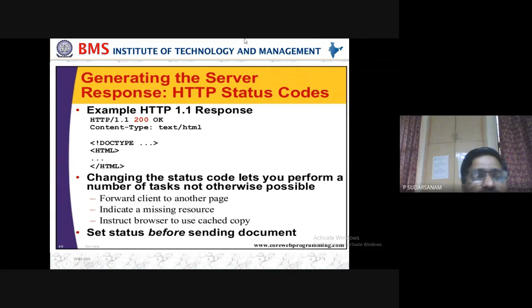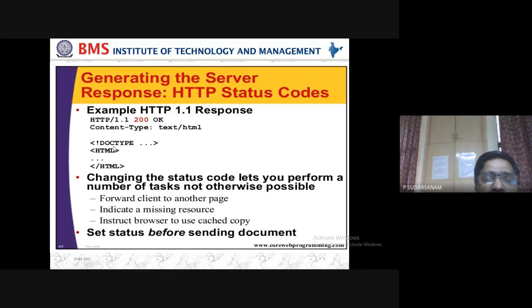Now what will happen? Example, an HTTP 1.1 response. Just here you see HTTP 1.1, that is called the version. 200 they have started here. 200 to 300, some numbers are there. We will see that. So here content type is equal to text/html, charset UTF-8, end of the HTML. So that is the code here.